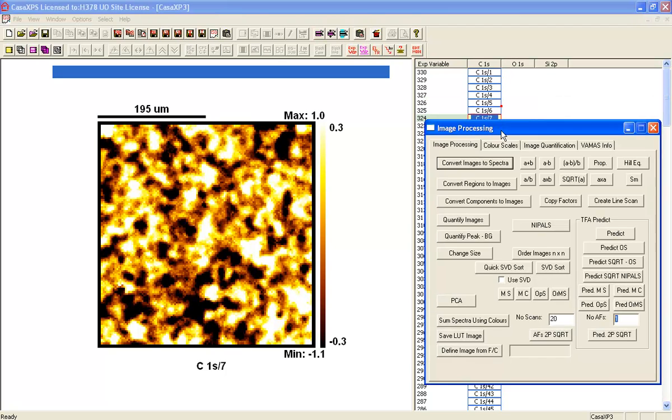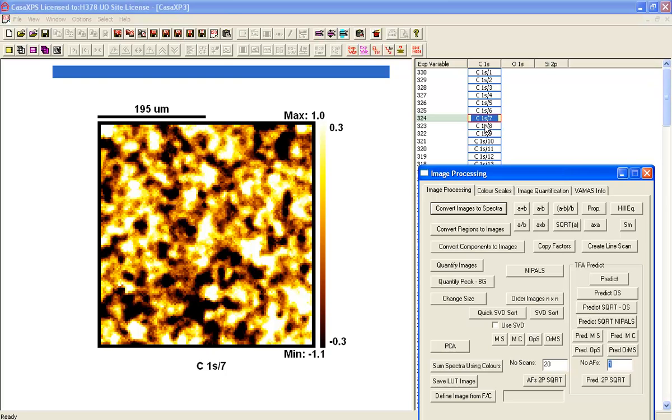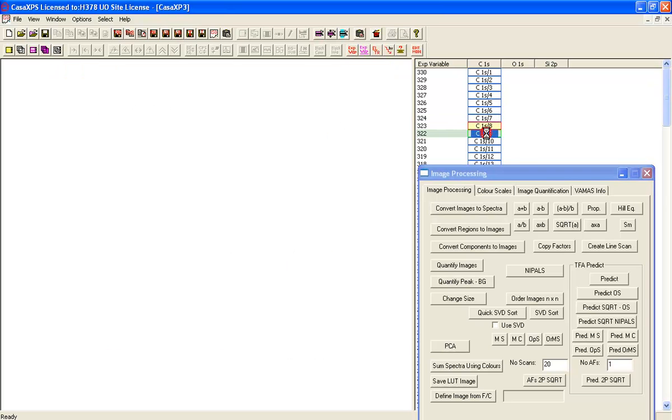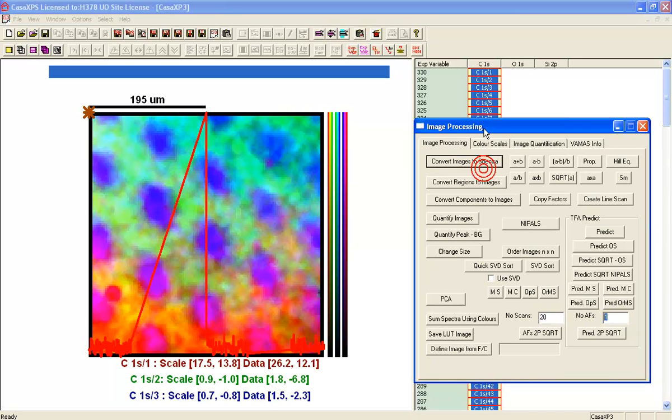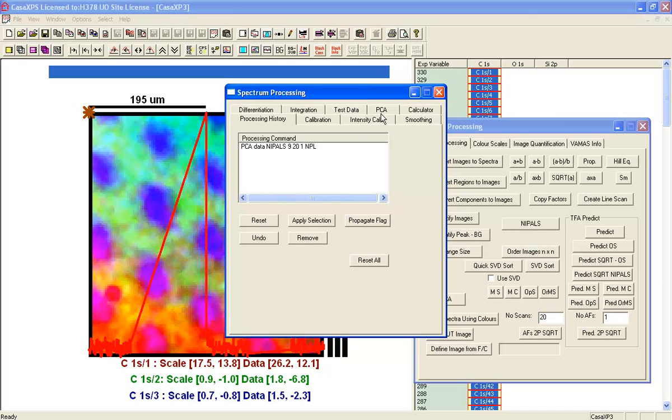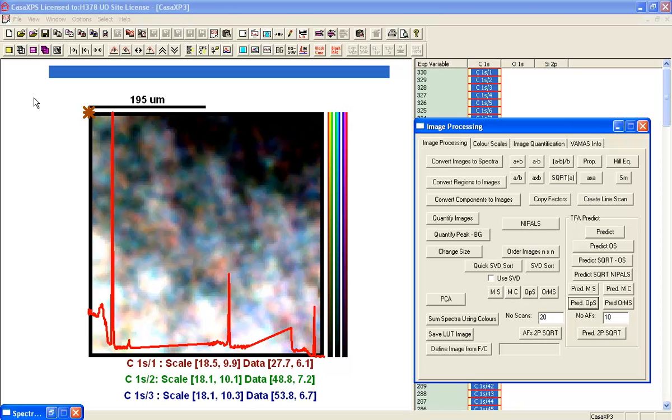I've calculated 20 abstract factors. I'm now looking at the 7th, 8th, 9th and the 10th. All of those look like noise pretty much to me, so what we'll do is we'll reproduce these data, and first I need to set them back to the original state. This is where we've maintained the outlier filter processing, because this is what the PCA is acting on, and I'm going to specify 10 abstract factors, and I'm going to predict using 10 optimum scaled abstract factors on the dataset. And having completed